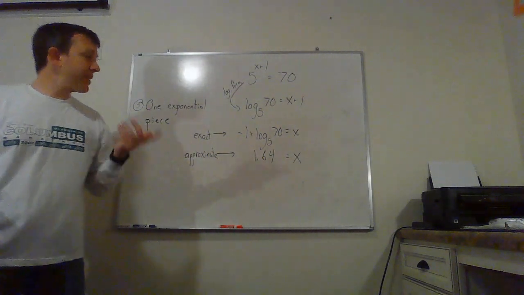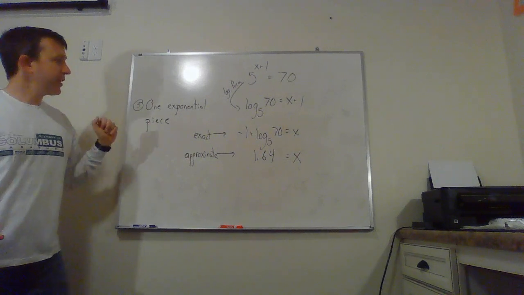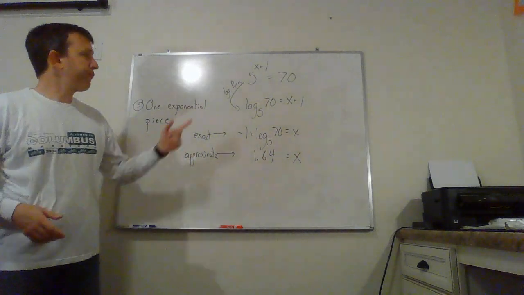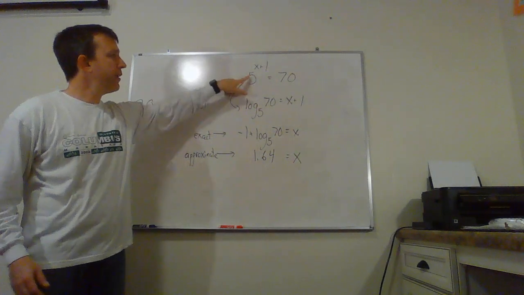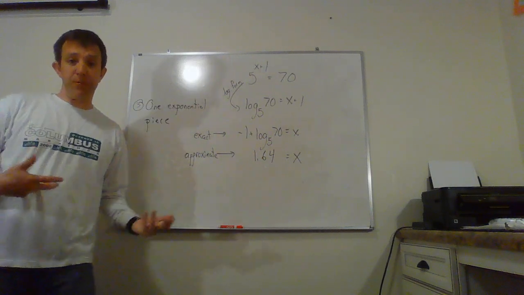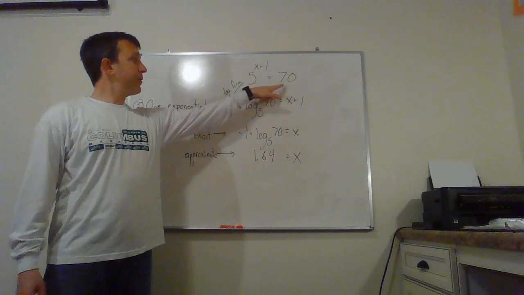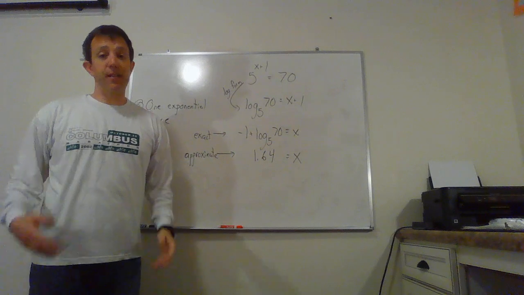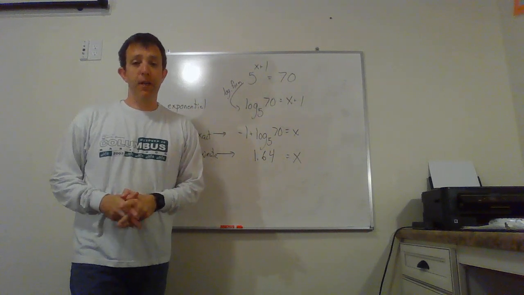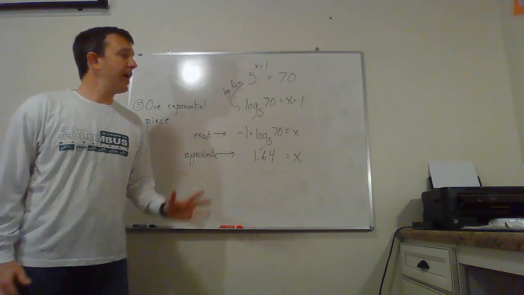Okay, so for my next example, we're going to have something that has one exponential piece. So you can see my example here. 5 raised to the x plus 1 is equal to 70. Absolutely no way to make those bases match. 70 is not a power of 5. So we need a different method. The method we're going to use